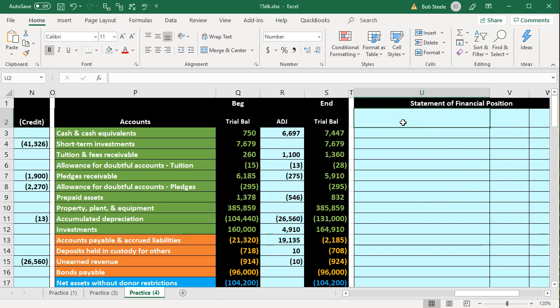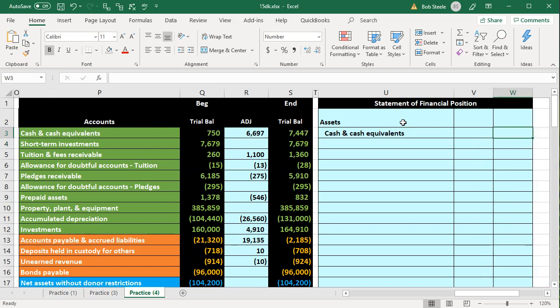We're going to start with the statement of financial position as we typically would. That's with the assets up top. Assets are going to be up top, and then we're just going to go straight through these top to bottom. We're going to pick this up just like we would for a for-profit type of organization. We're going to pick up cash and cash equivalents. That's going to be in the inner column, not because it's a debit or credit, but because we're going to have the subcategory of cash indicated by the indentation and the inner column that we will be recording it in. This is going to be equal to that